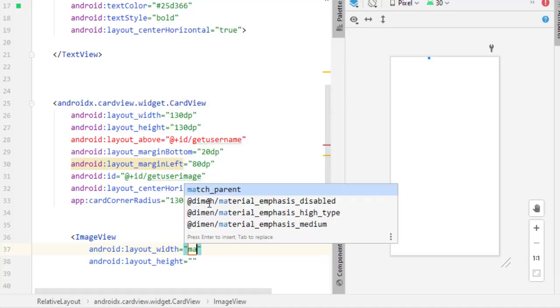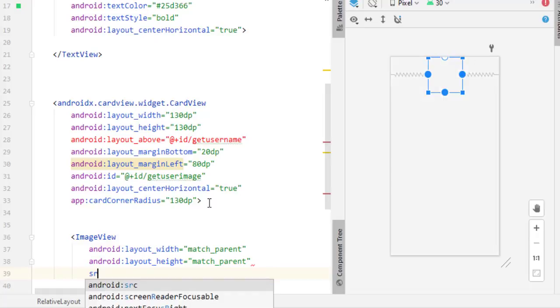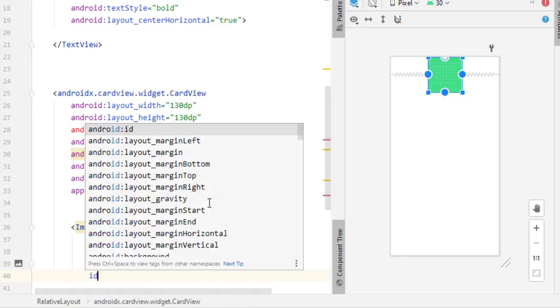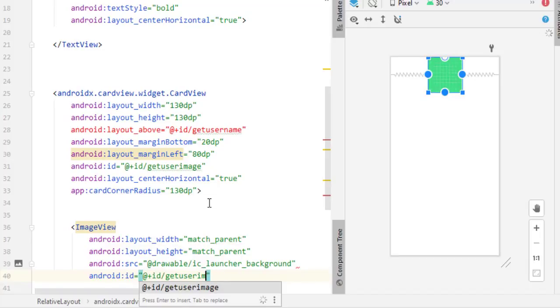Now set the layout width match parent, and height is also match parent. And for now you can set any source. I simply set the launcher background for now, and I give the ID name here get user image in image view. We are going to use lots of IDs in our application, so it is better to give the ID name the same as me.